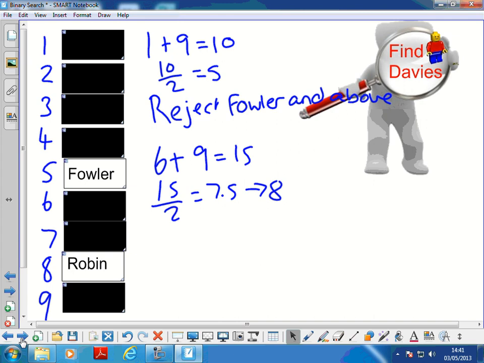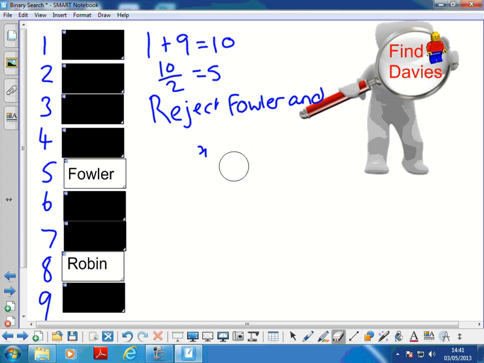Okay? So, to be fair, in an exam you can see all the names, so you know that it's above because you can actually see it. But yes, you are right. What we needed to do, and this is important to get right, is to reject Fowler and below. So our next one is going to be